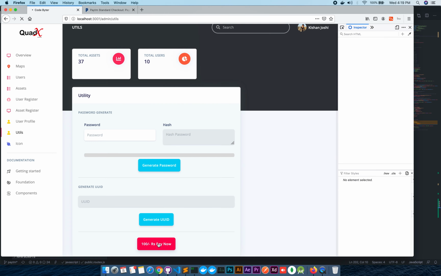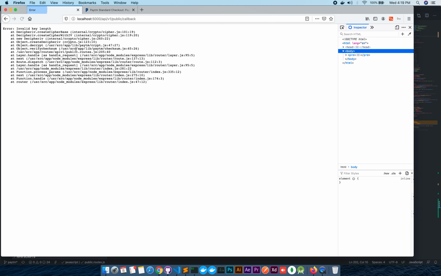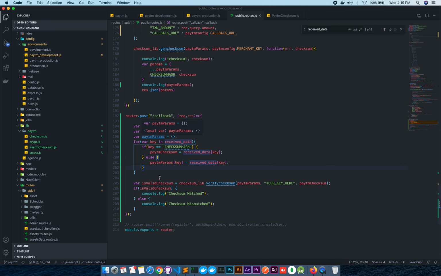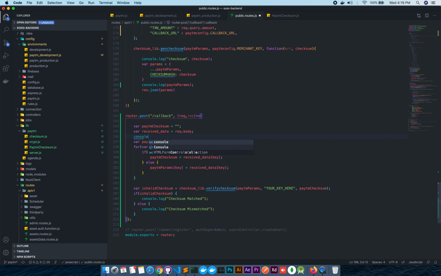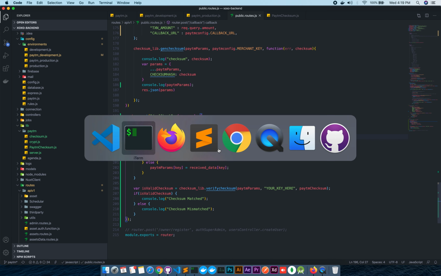Pay 100 rupees, and then just go back. Okay, it's saying invalid key length. Let's check that part. Okay, the problem is that I might have to use request.body. Let's print that out.